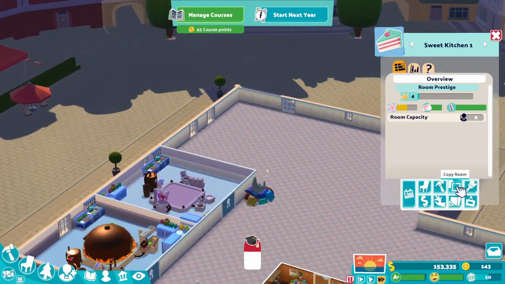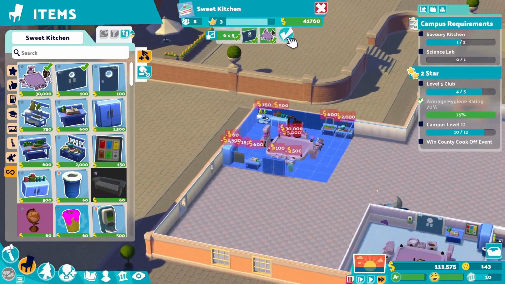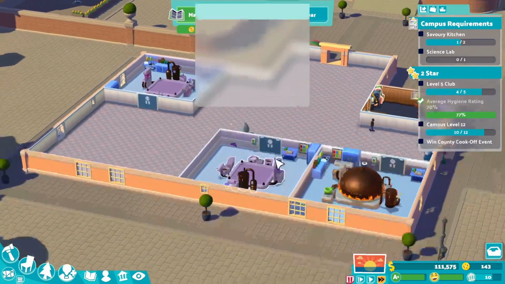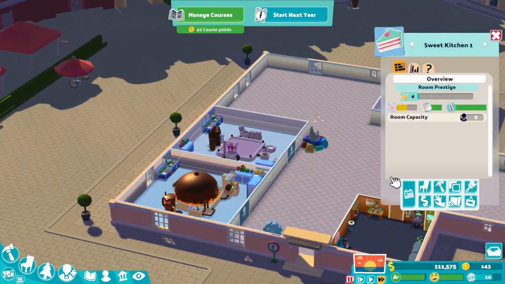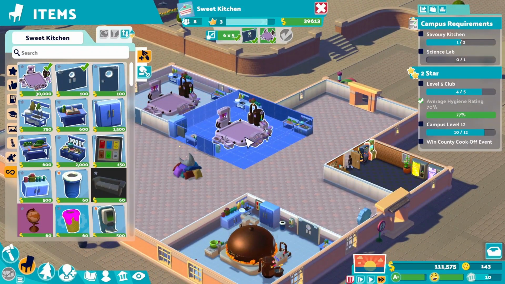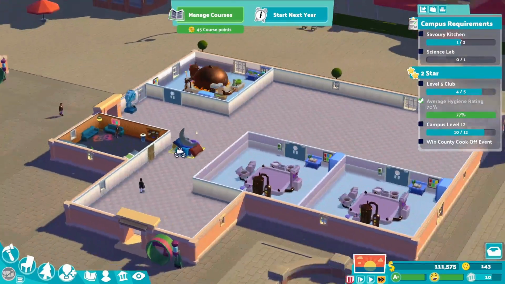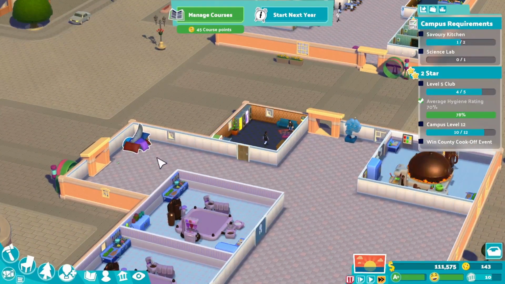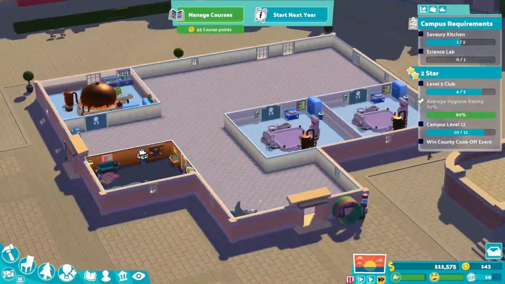All right, so I need another savory kitchen. So we're going to copy this room. I think we're going to copy it there. And we're going to take this room, we're going to pick it up in its entirety, and we're going to place it right there. We can put that right there. All right. Now I need a...